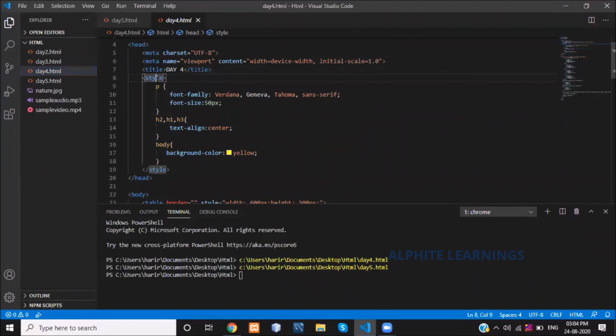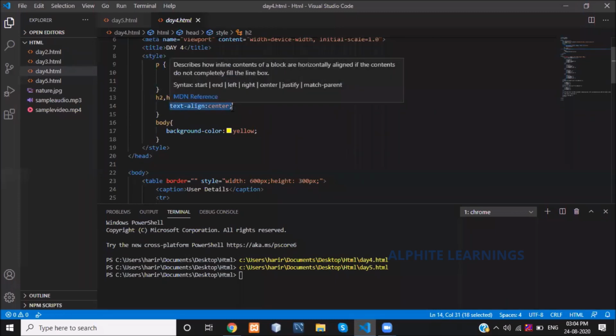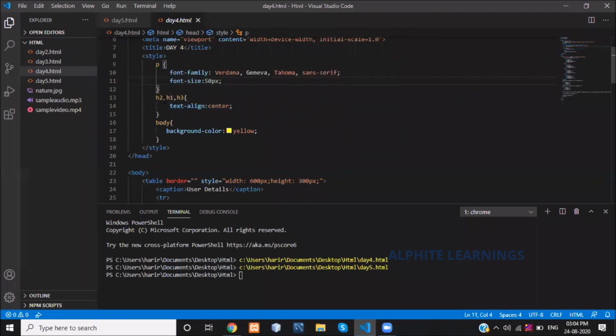Wherever you use the paragraph tag, heading tags or the body tag, these styles will be applied in that particular page only. Similarly, I have used three different headings here.